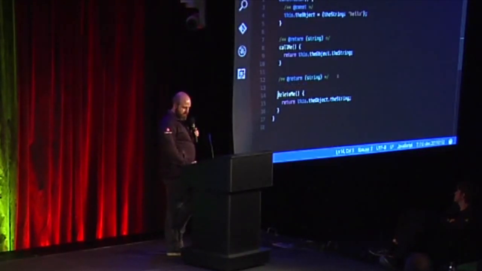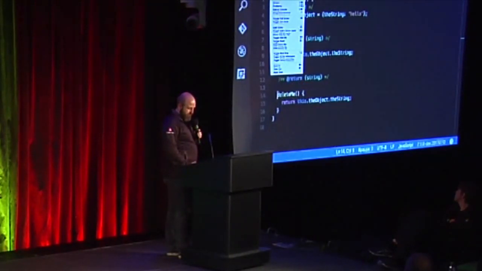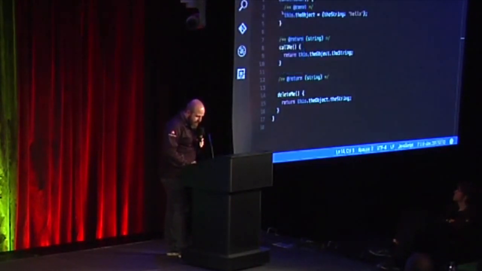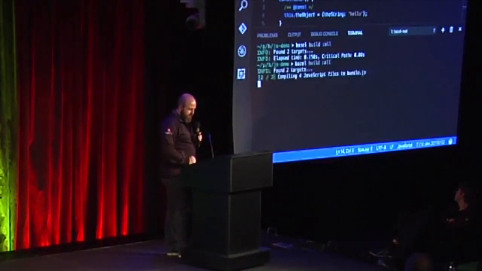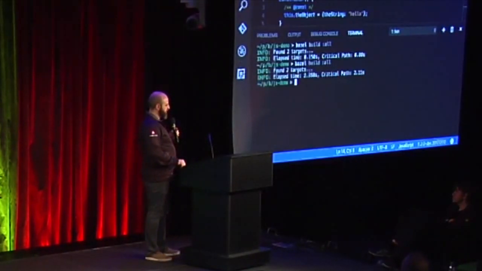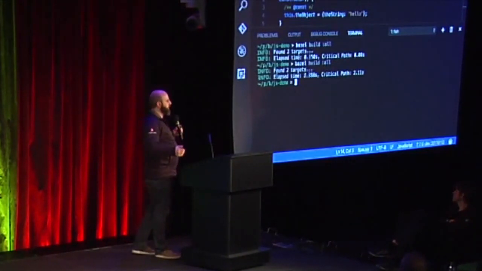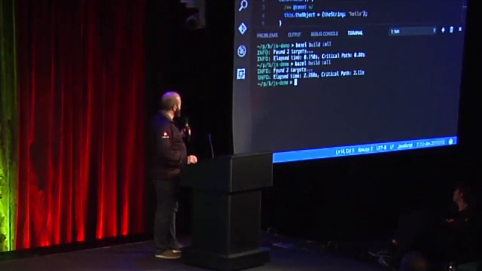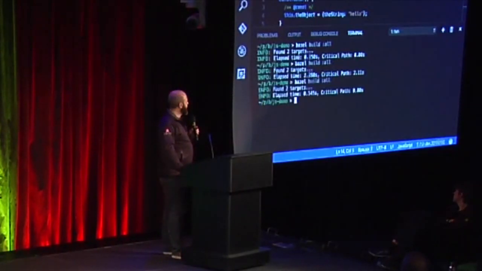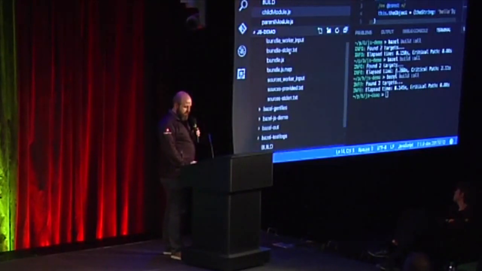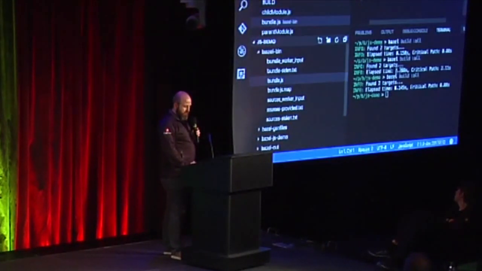So let's save this, and if I have my terminal. All right, Bazel build all. This is the part where I just say build everything. I don't know what changed. I changed something, I don't want to think about it, you figure it out. OK, it took 2 seconds. If I run it again, now it knows for sure that nothing's changed, so the second time it takes just 0.1 seconds. And here is the final output, bundle.js.